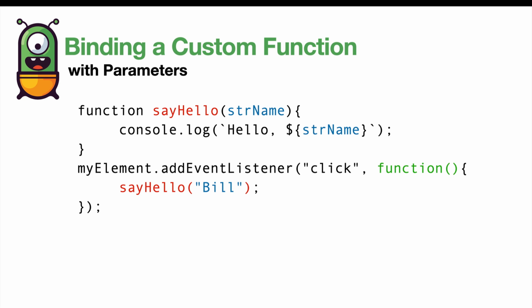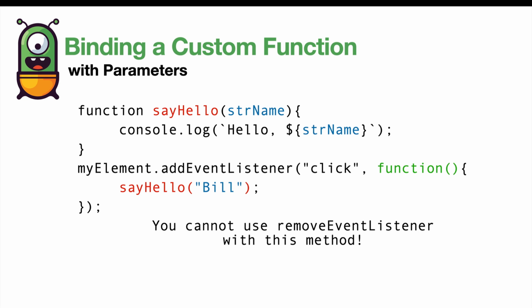Now, when we're using anonymous functions, we cannot use remove event listener. So that's kind of a bummer. It's a limitation that we trade off for the simplicity of just adding this function very easily with parameters. So remember, you cannot use remove event listener if you use the anonymous function method and call your function from the anonymous function. So what can we do if we want to remove the event listener